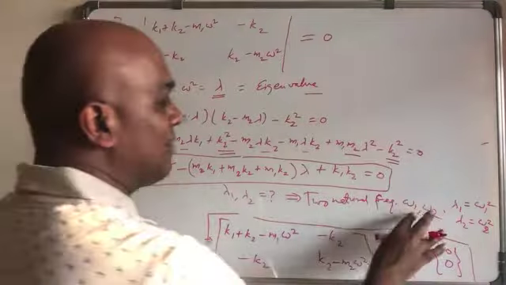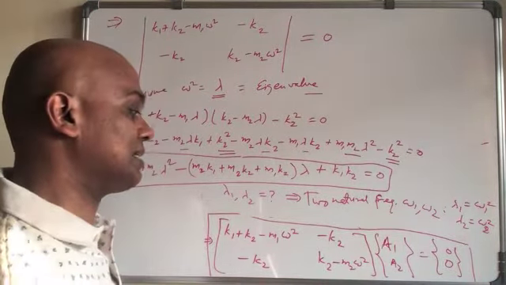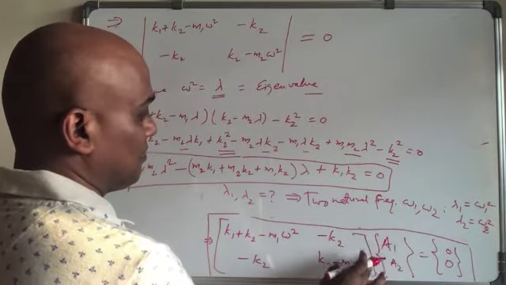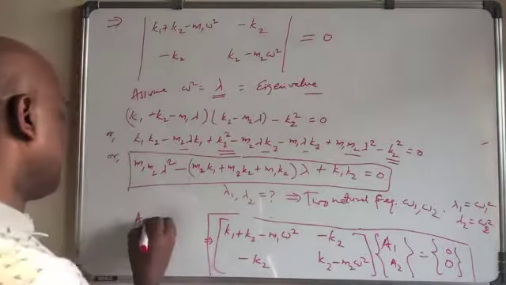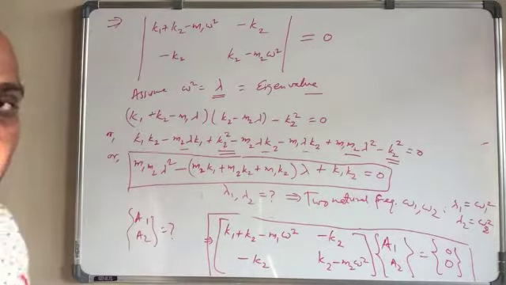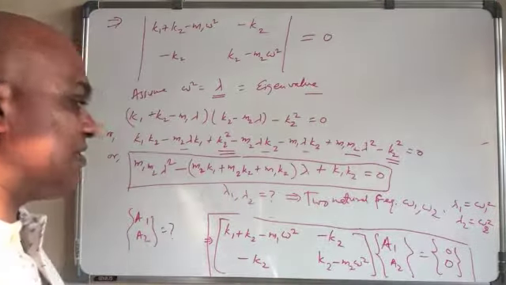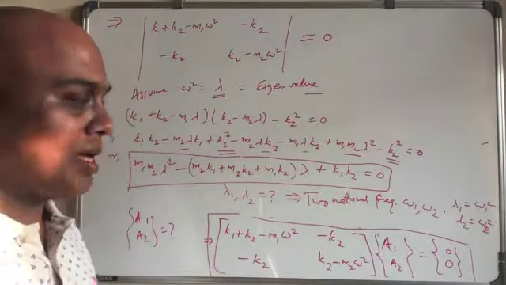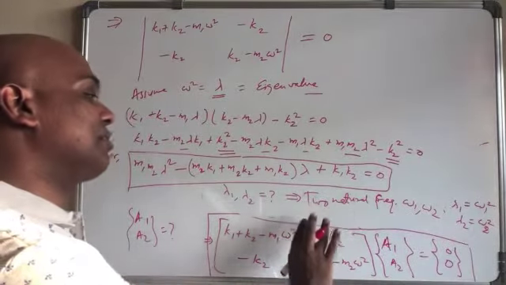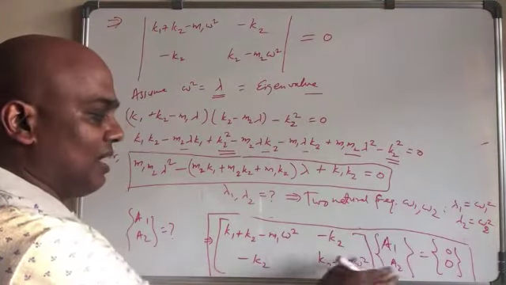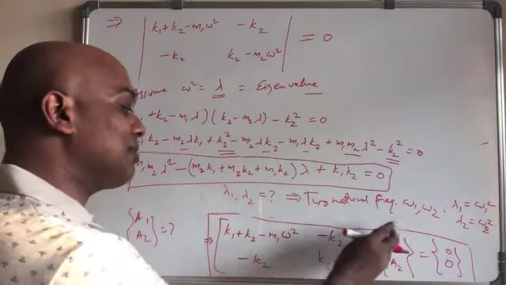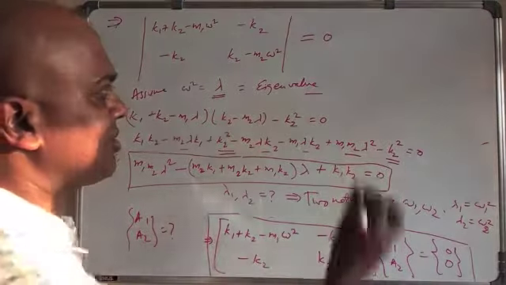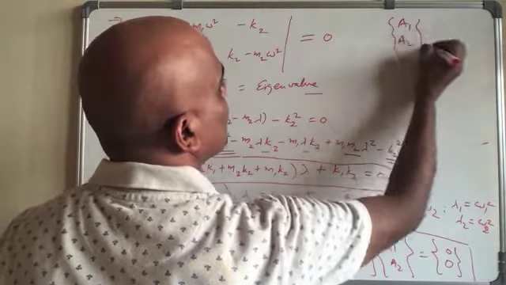Now we have got omega 1, omega 2. The next thing is finding A1 and A2. Omega we know already. So what are A1 and A2? That we have to find out. Again, remember that for every eigenvalue lambda, there is an eigenvector which comes here. If this is the eigenvalue omega square, this is the eigenvector. So A1, A2 are eigenvectors